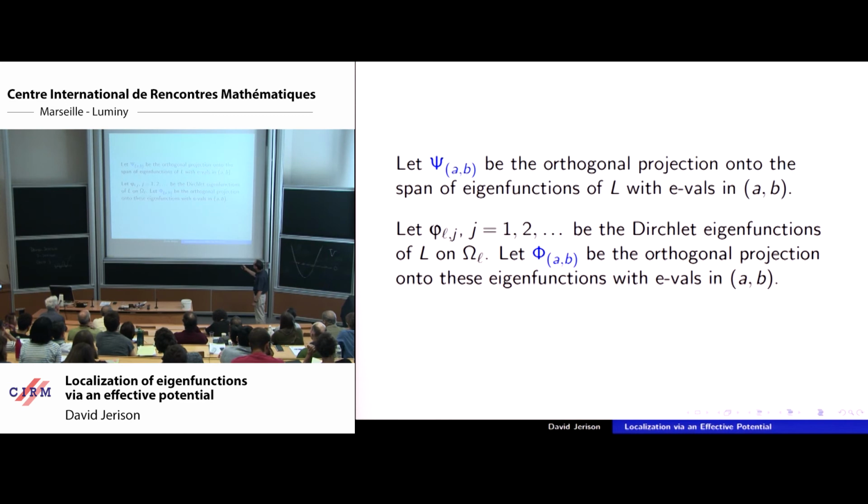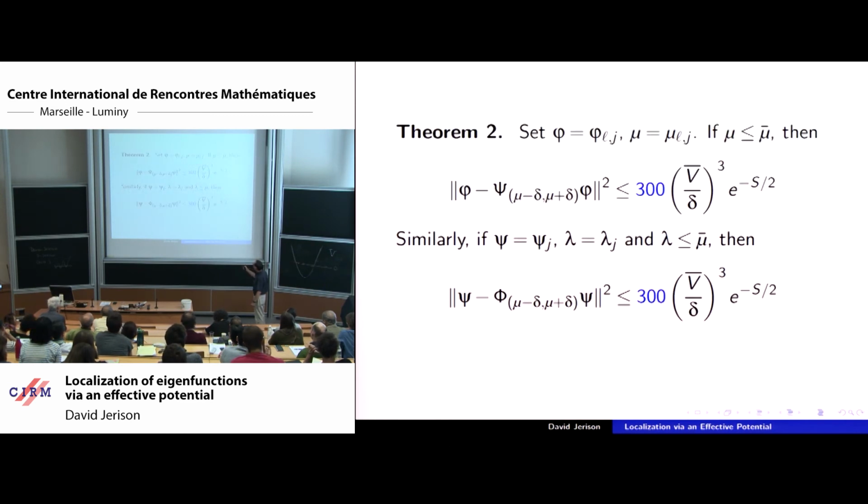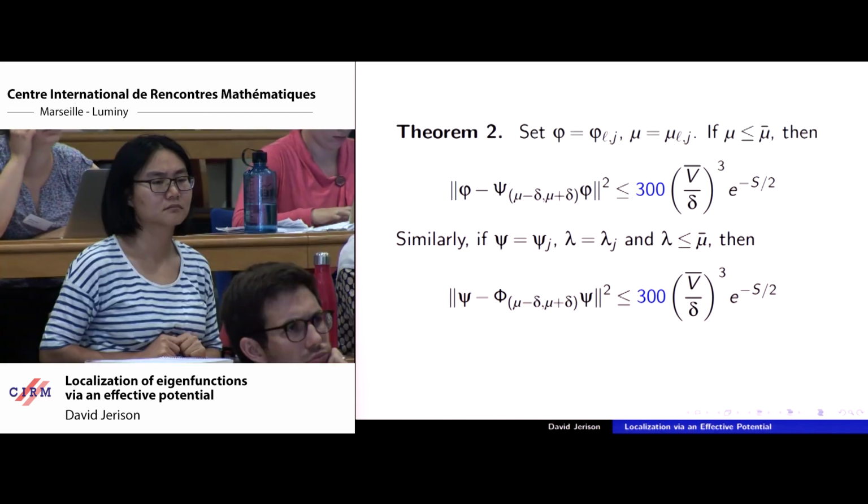So with those two notations, I can state my theorem. So suppose you have a phi, which is one of the localized guys, and its eigenvalue is less than this threshold. Then its projection onto the eigenspace of the original eigenvalues is reasonably small. So what does reasonably small mean? Well, so we need this band. We can't trap it in a single eigenvalue. There's always this uncertainty as to the resonance. If the eigenvalues are identical, we can't possibly distinguish. So we need a band, and it's quantitative.